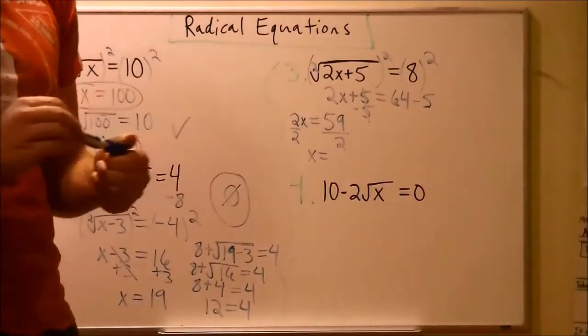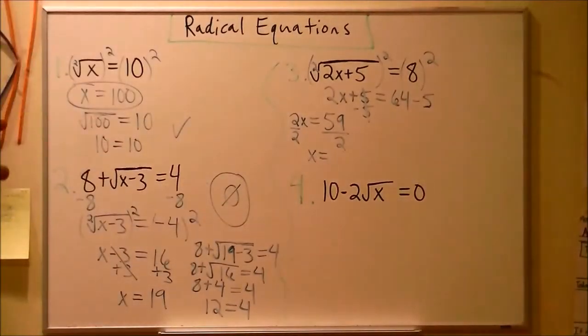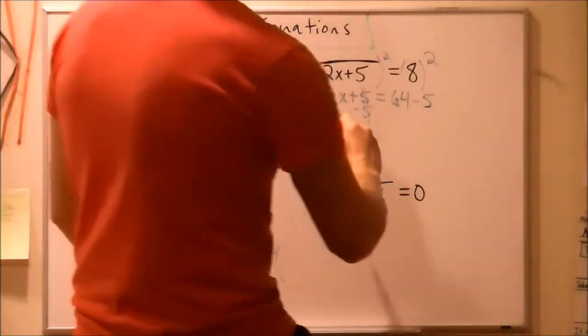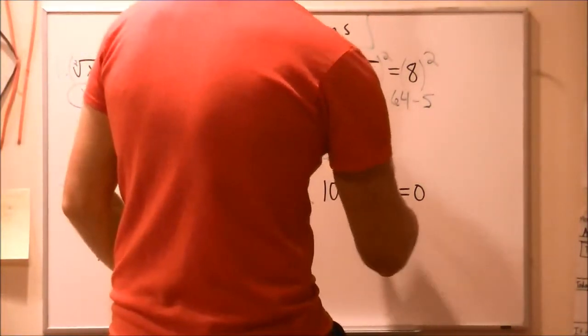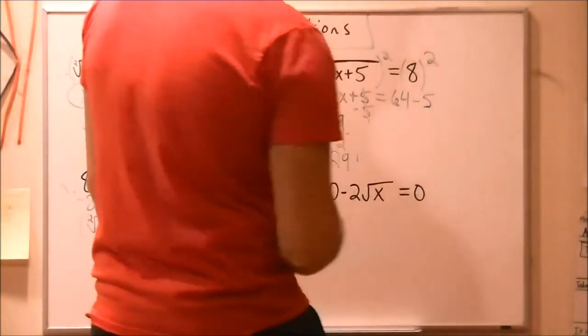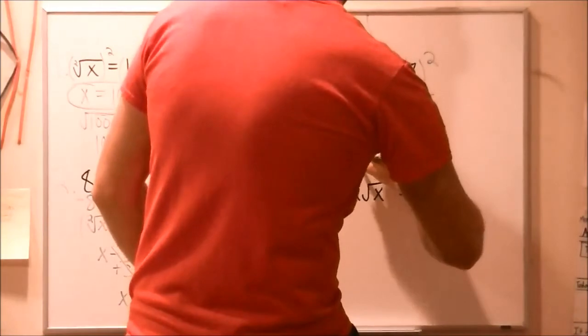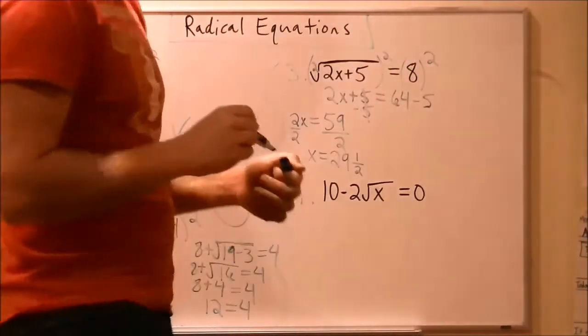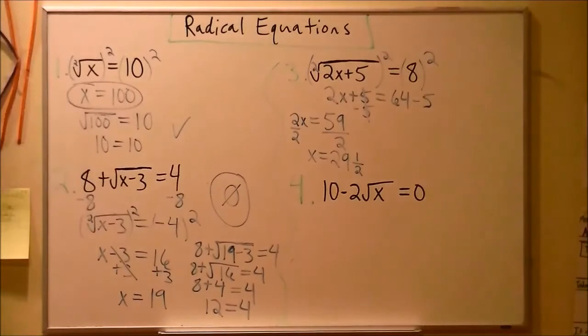a fast way of doing this in your head, there are a couple ways. I like the fastest way, which is this. If you were to round that 59 up to a 60, 2 will go into 60 how many times? 30. But because it's 59, it'll go in 1 less than 30 times, which is 29, and it's going to have a remainder of 1. And since you divide by 2, your denominator in that mixed number is going to be a 2. It's kind of a quick, easy way of doing it, isn't it? So 29.5 would be your solution to x.